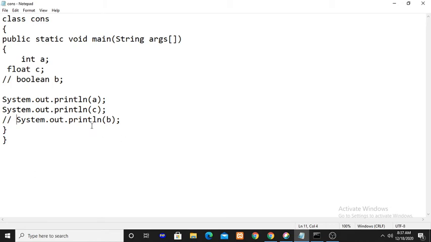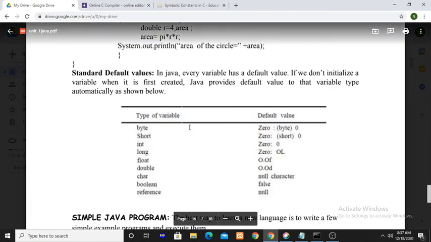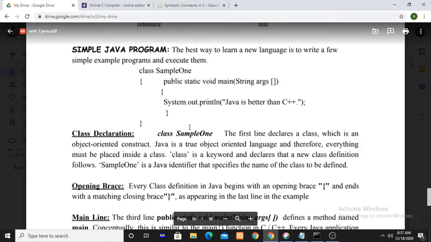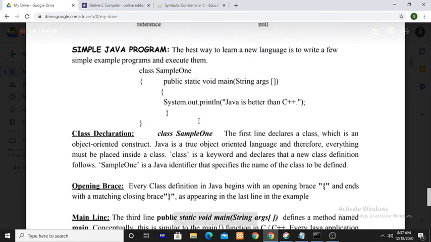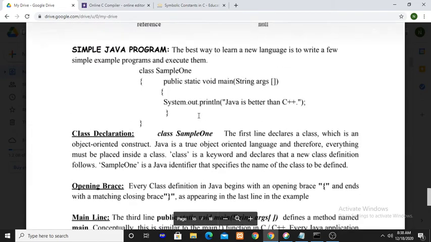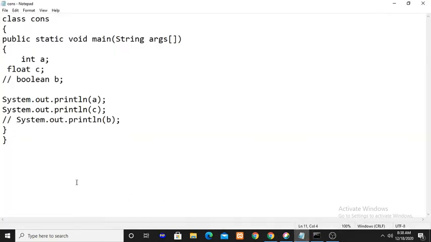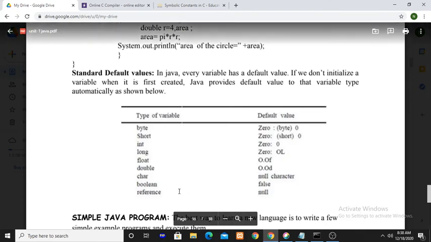What is this error you are getting? Actually, we will get the value, but here what is happening? Boolean.